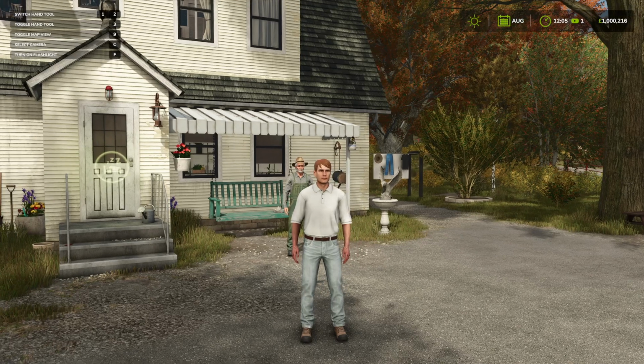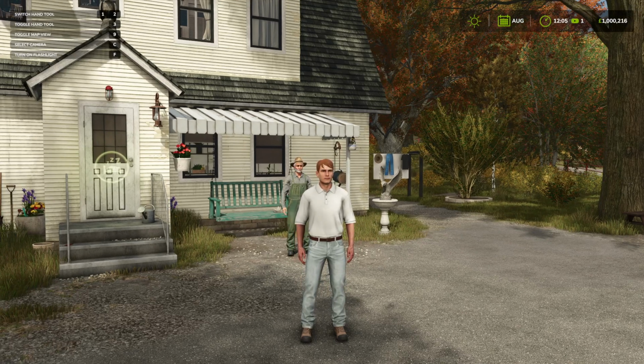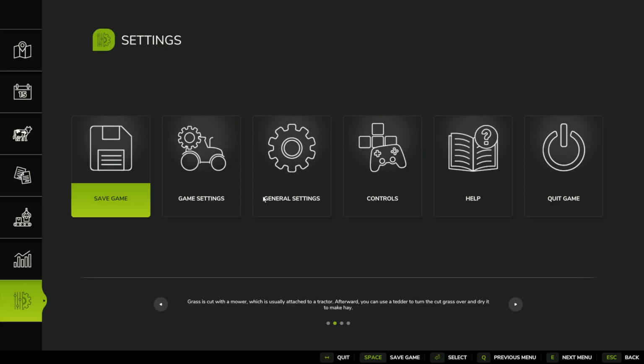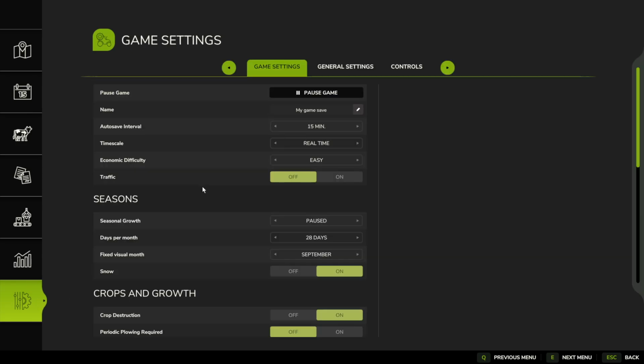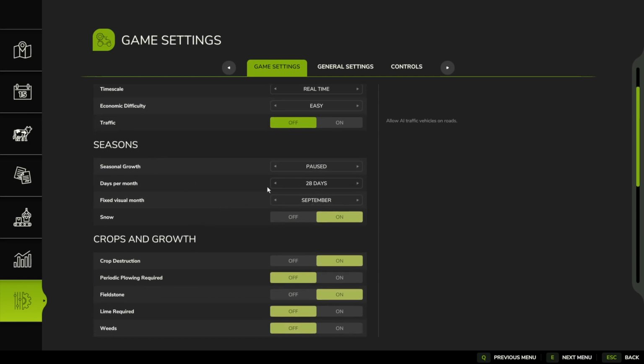To manage seasons in Farming Simulator 25, first we'll need to click on the Escape. Then we can navigate to the game settings right here. If you're playing on the gamepad, open your map and then select the gear icon right here. Now when we scroll down, we'll be able to find the seasons section, and you can manage your seasonal growth